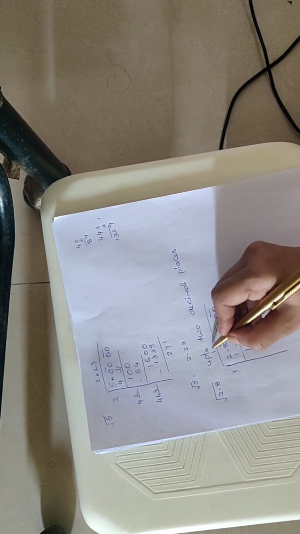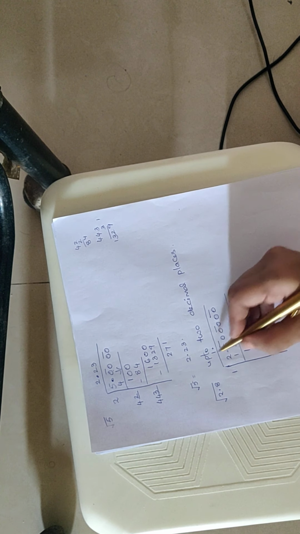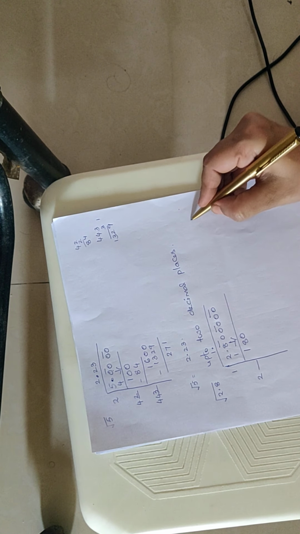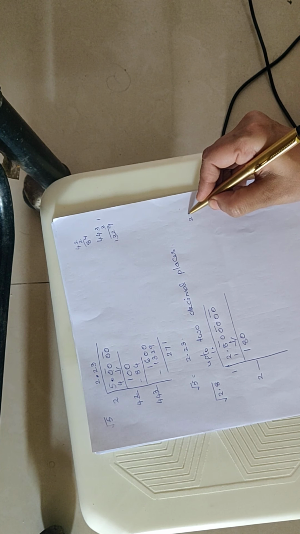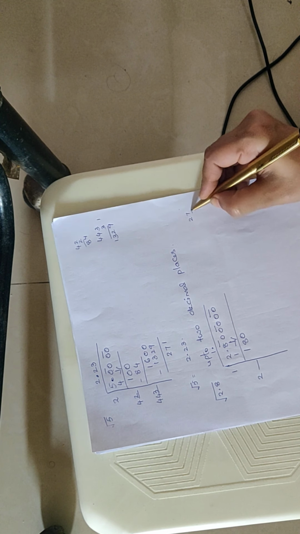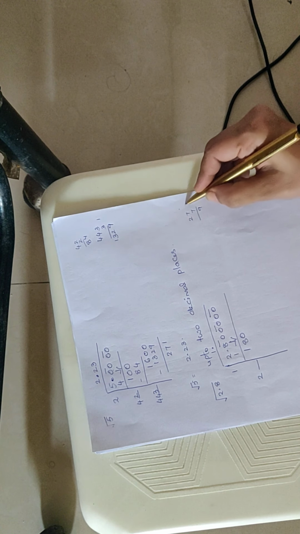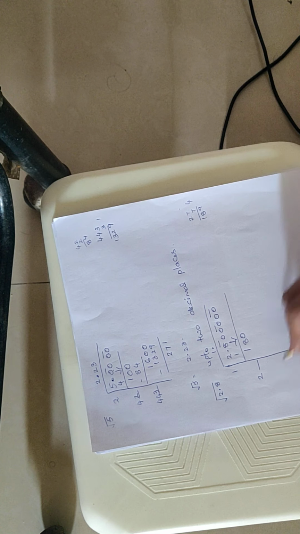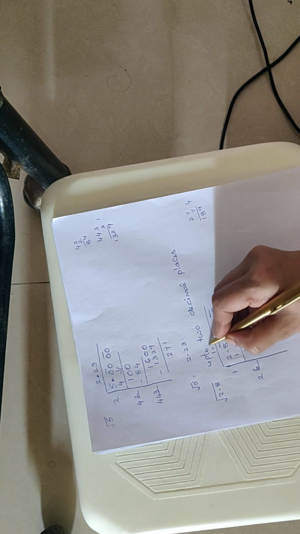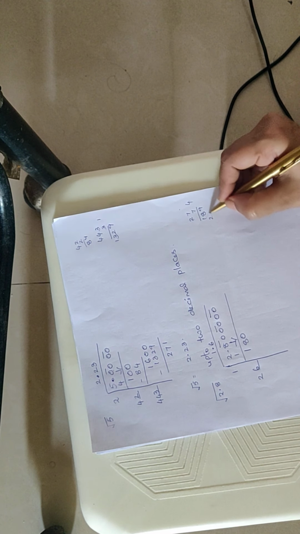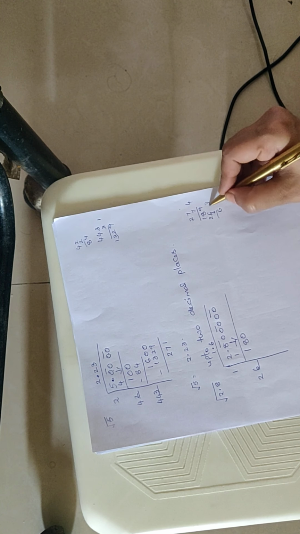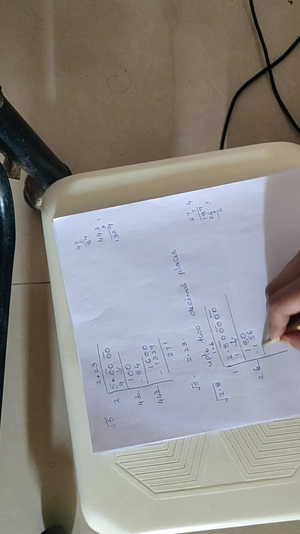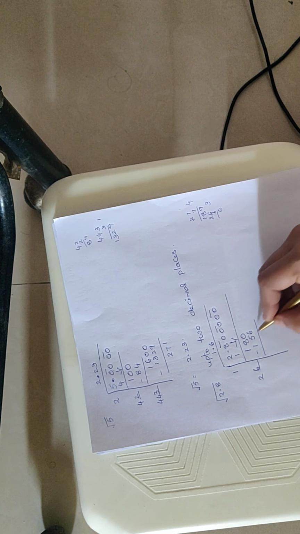Get down 8 0. Put a decimal. Double 1 and write 2. Then again check. 26, 27. 7 7s are 49. 7 2s are 14 plus 4, 18. So it is greater than 180. So 6 times. 26: 6 6s are 36. 6 2s are 12 plus 3, 15. 156. 10 minus 6, 4.